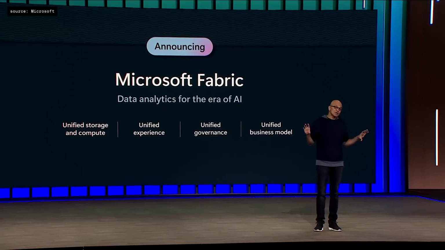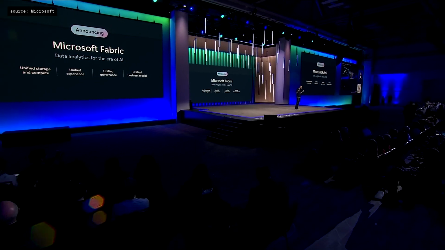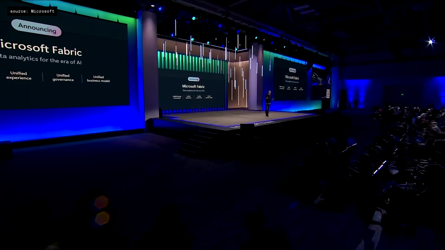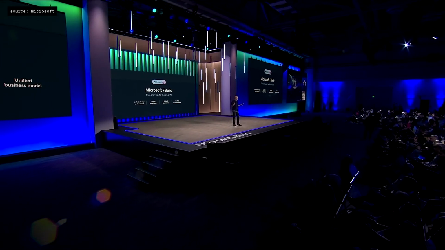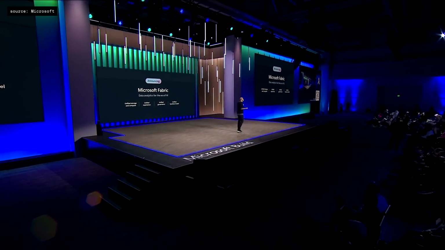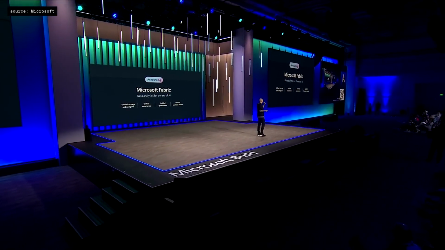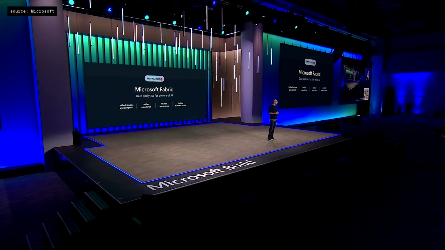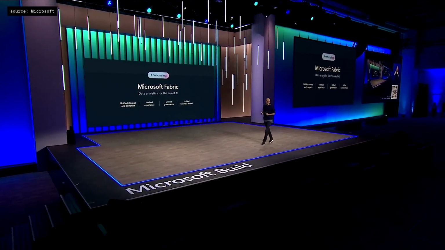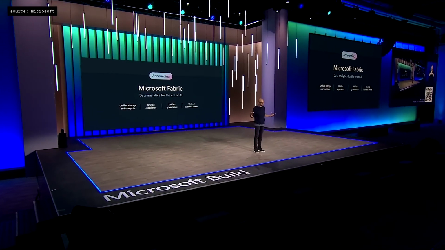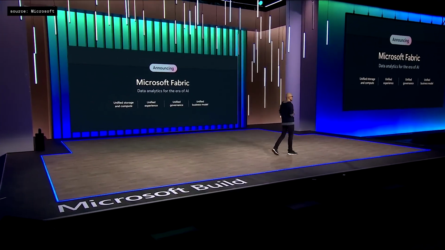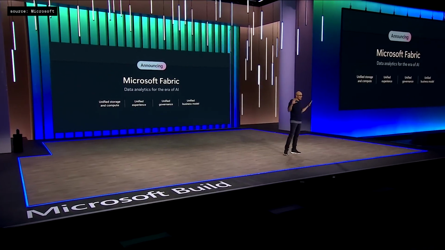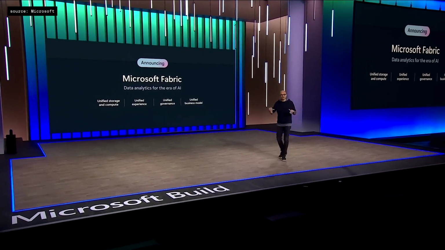We're really thrilled to be announcing Microsoft Fabric. You know, it really brings together compute and storage, so it unifies compute and storage. It unifies all of the full analytics stack product experiences. It brings together governance, so it unifies governance with analytics. And most interestingly, it unifies the business model, right, across all the different types of analytics workloads, whether they're SQL, machine learning, whatever job you want, you can use the same compute